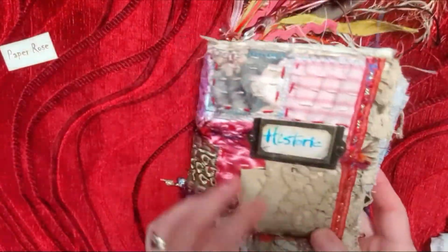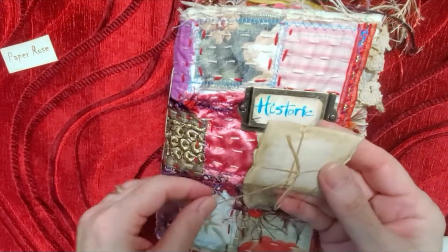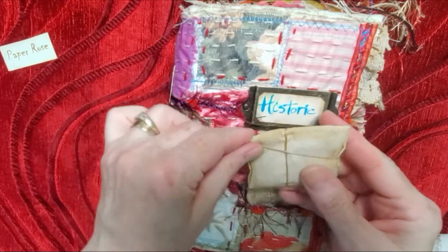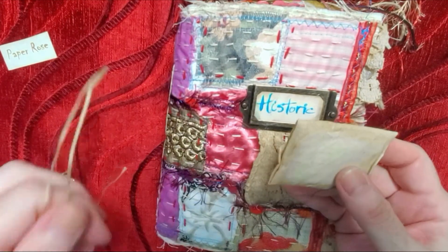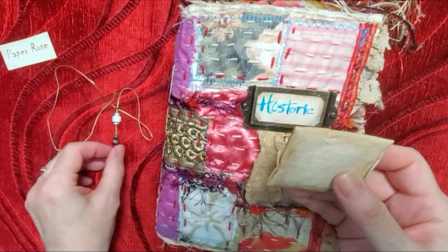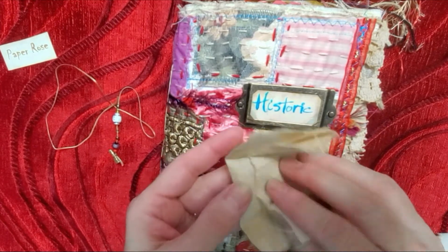And this is a little bit of the inside. So over here in the very front there's a pocket, and I put a little bit of a, I don't know, maybe you call it a little mystery item with a little bit of beads in here as well. And it is in a coffee stained cotton,